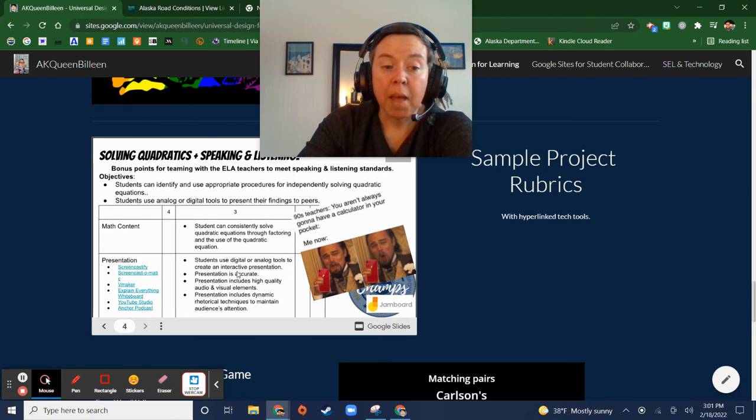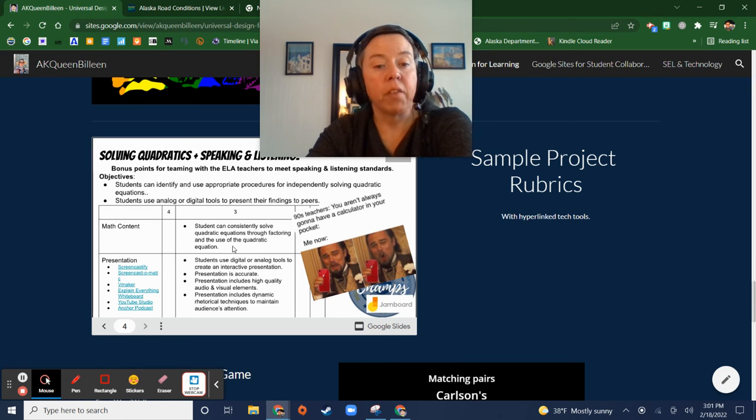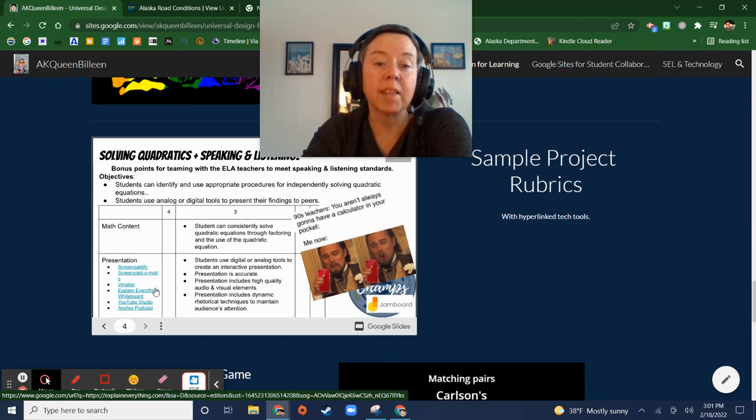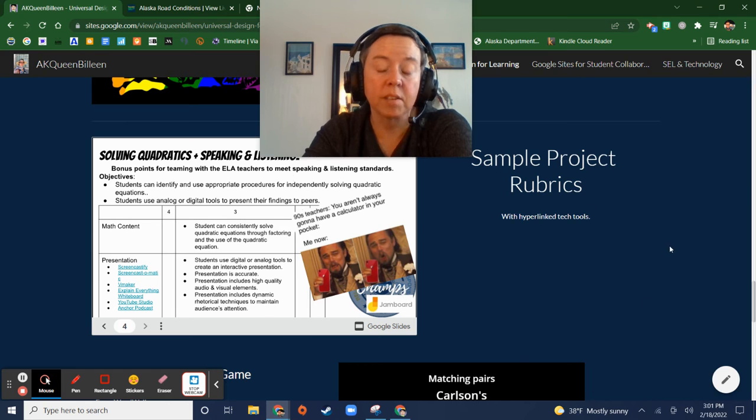And here's even some math stuff. A student can consistently solve quadratic equations through factoring and the use of the quadratic formula, and that is a math standard. You can have all of these different video makers and whiteboard makers where a student could create a screencast walking people through the process of how to solve those problems, which would show the teacher that they know how to do that. So I like this meme: 90s teachers, you weren't always going to have a calculator in your pocket. Really? Anyway,